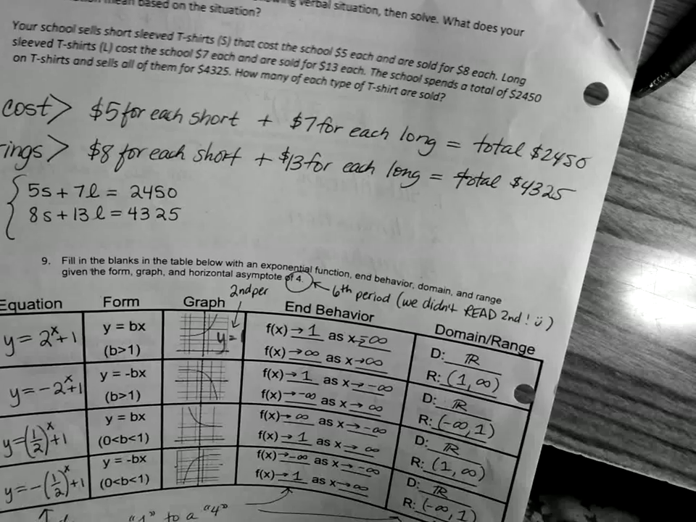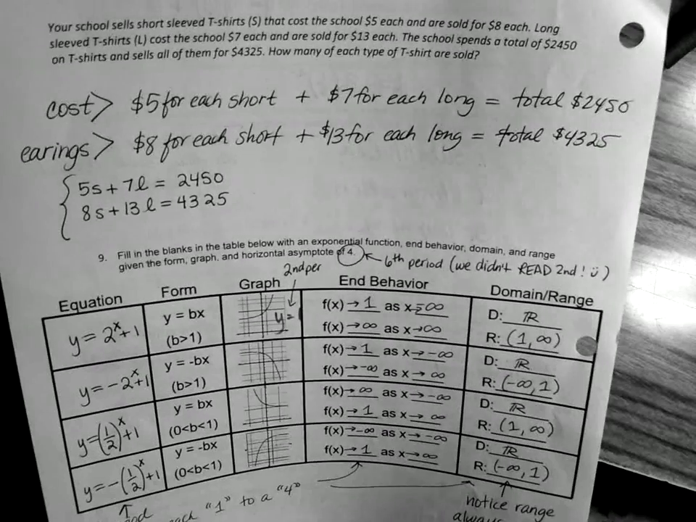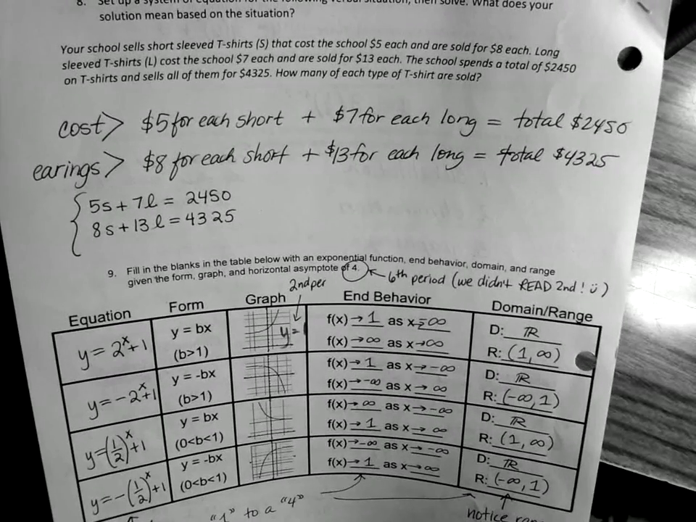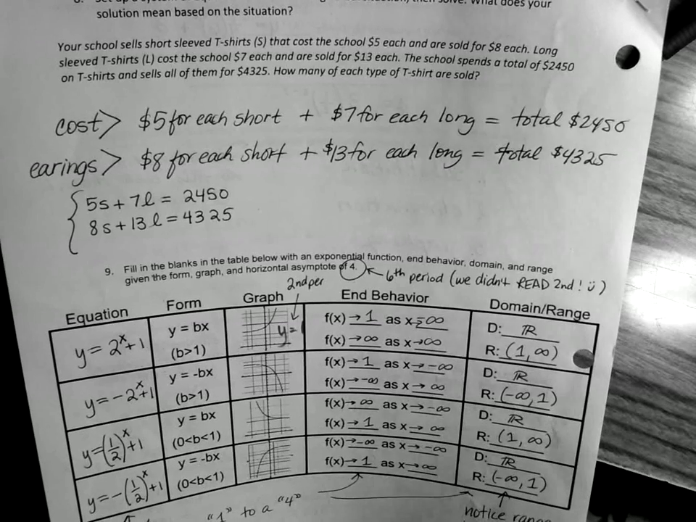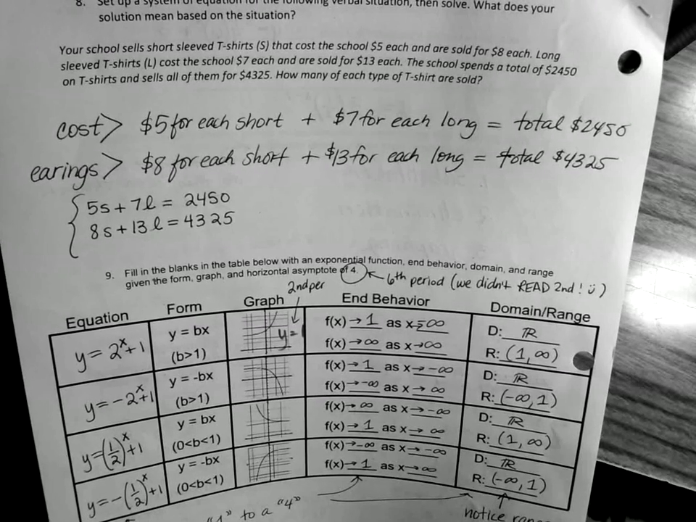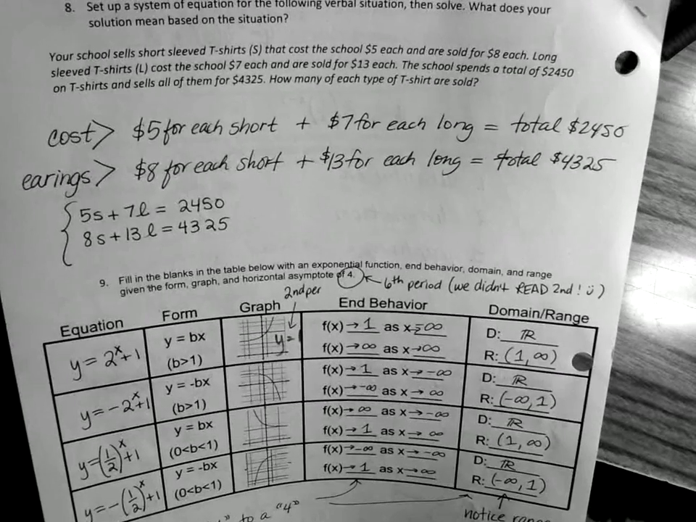On number 8, you're going to have 2 equations. You have to have 2 equations to have a system of equations. One of them here is going to talk about what they paid for everything, what the cost is to them. The other one